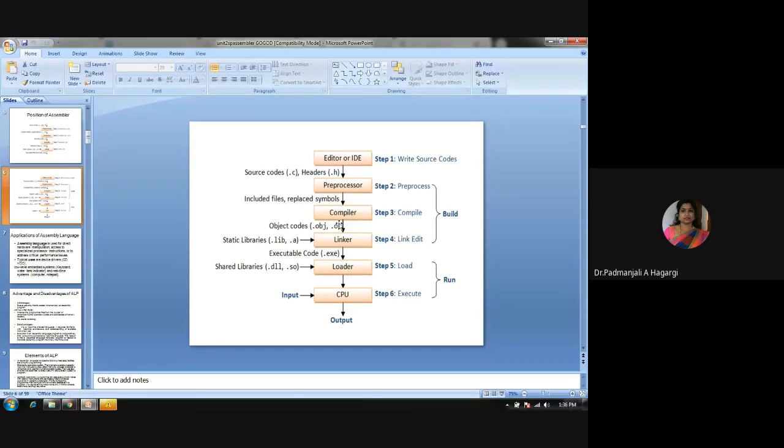The back end is the generation of object code, and finally giving the executable code, and linking it to give the output.